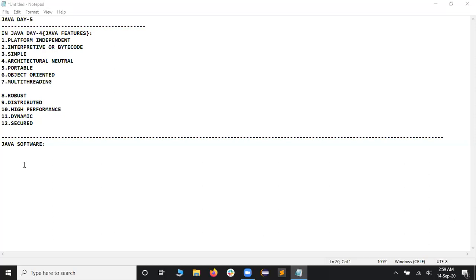I would like to share the screen with respect to the notepad, and I want to write it here. Java software is divided into two types, or two parts. Can you name them? Yes, the first one happens to be JDK, and the second one happens to be JRE. Very good. So JDK is what we are going to consider first. JDK is a Java Development Kit, used by Java developers